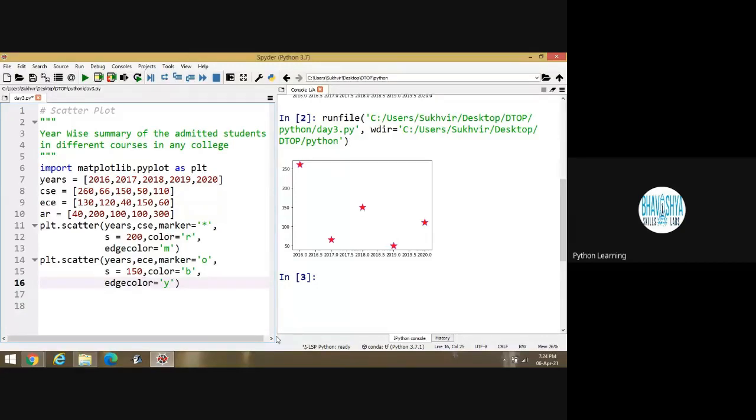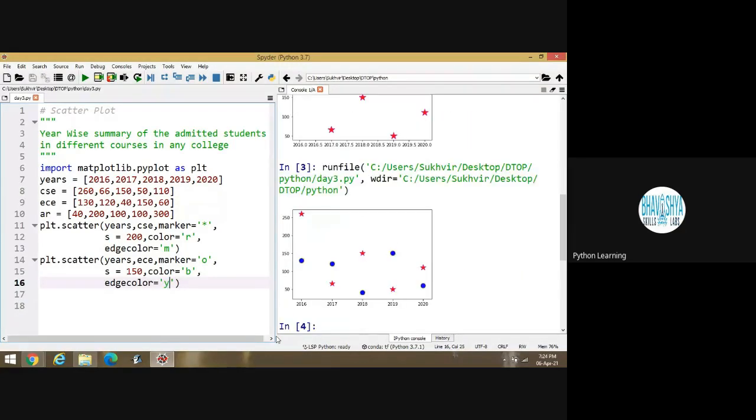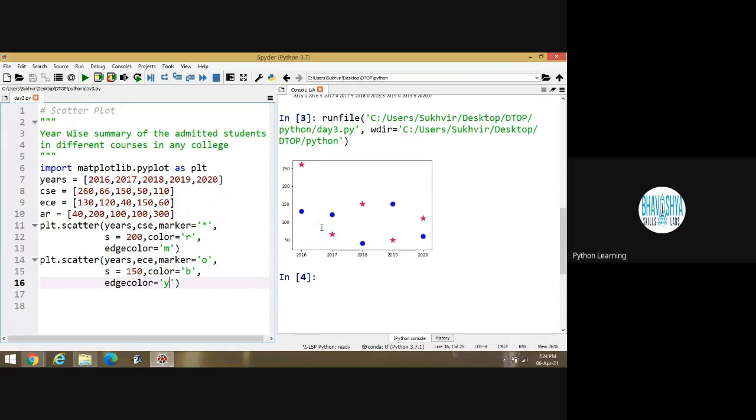Let's execute again. You can see the second content. Is it okay? The second content is there. Blue colored circles represent ECE and stars represent CSE. You can clearly identify that in 2016, admission in CSE is more than ECE. And then